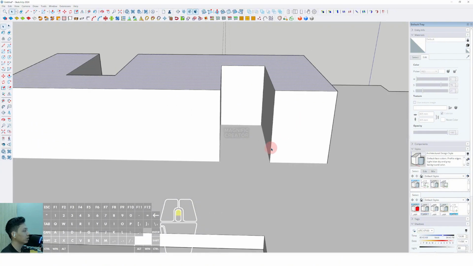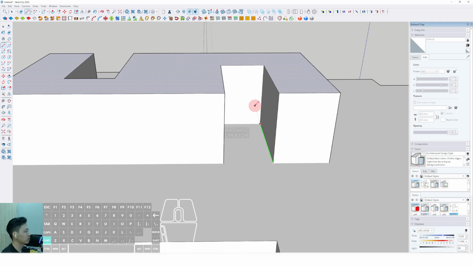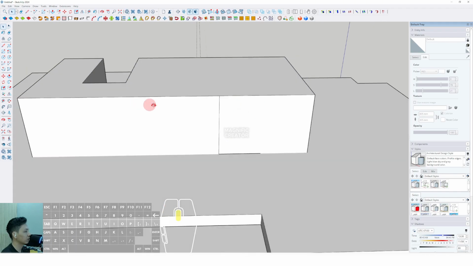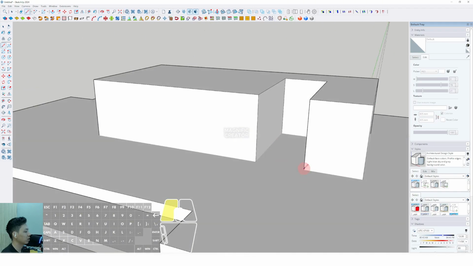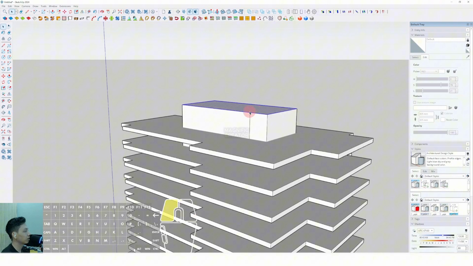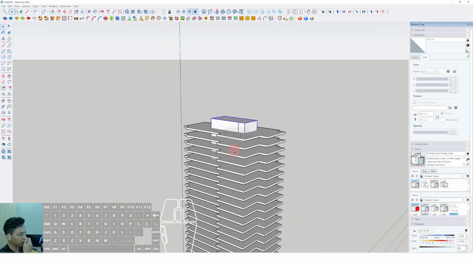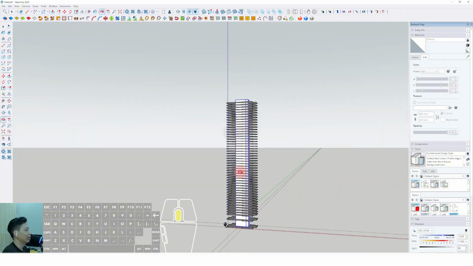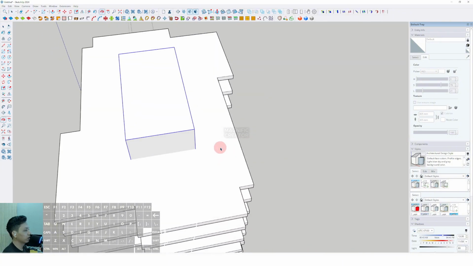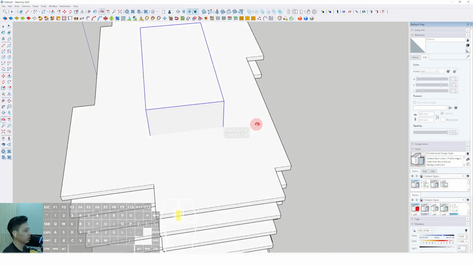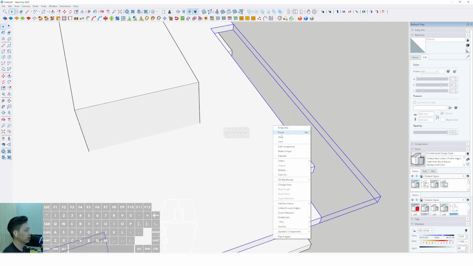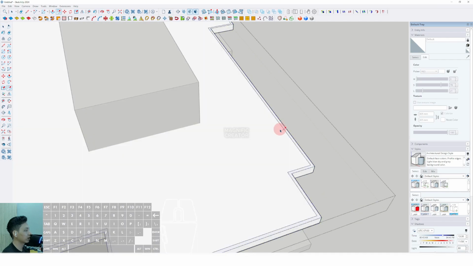Okay, and especially for this top floor, we can close this one, and for this top floor we can close this one. Okay, then we can triple click and make group. And okay, now we can make the glazing area. We can click and make unique, and we can set it inside around, okay, we can offset it